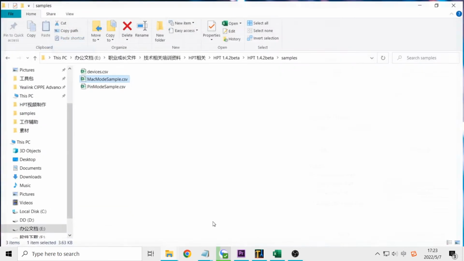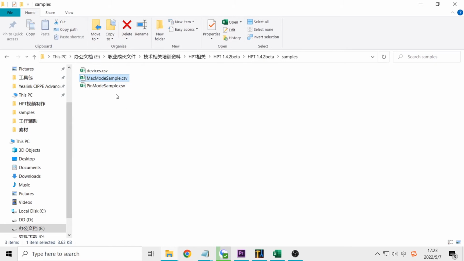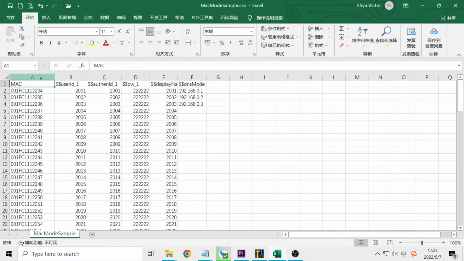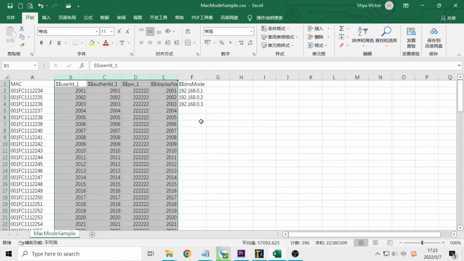In folder samples, we provide a template you can import based on the phone's MAC address. As you can see, this template contains 5 columns. Column 1 is the phone's MAC, which is the sole identification of every IP phone. From column 2 to column 5 are all variables, which correspond to the parameters of HPT's phone configuration module, namely